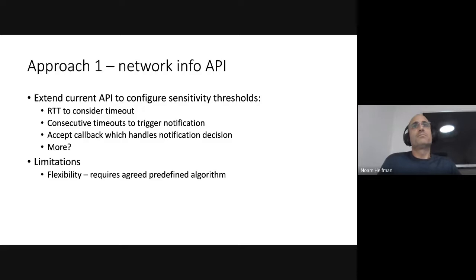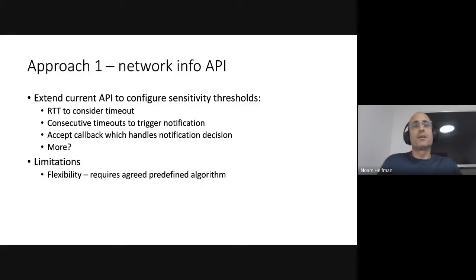We can also consider passing a callback with predefined interfaces, which will accept some information from that API and allow us to write our own custom implementation of the decision of whether the connection is up or down, right? That would probably give us more flexibility. But if we don't do that, because it's not trivial to define, the main limitation for this approach, I guess,